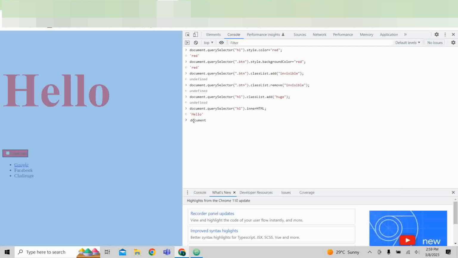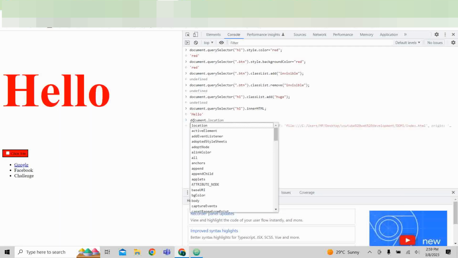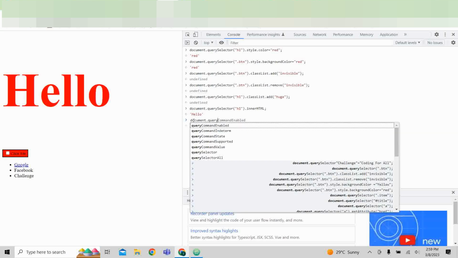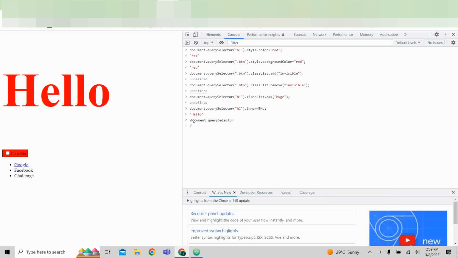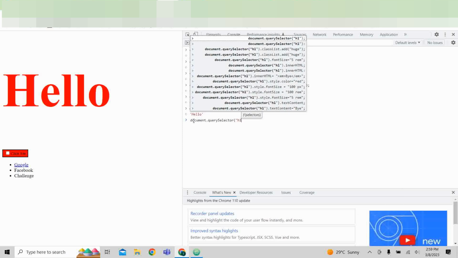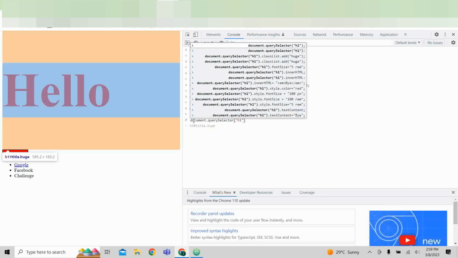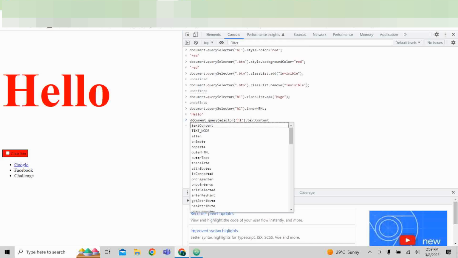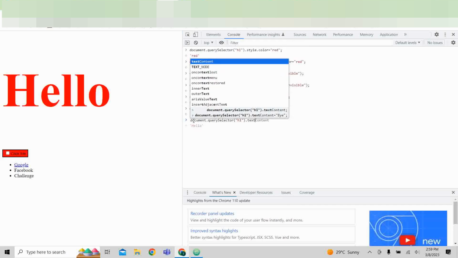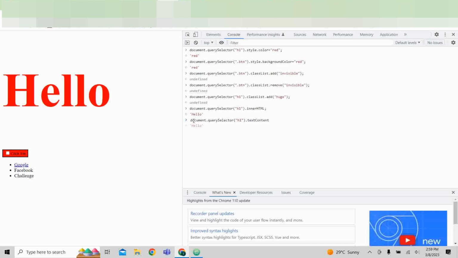document.querySelector, and then again h1, and then what I append to that is textContent. So this is a new thing that I was trying to show you, equals to bye. So let me see. Oh, that's nice. So I will get the value now of what I have written here, and for that